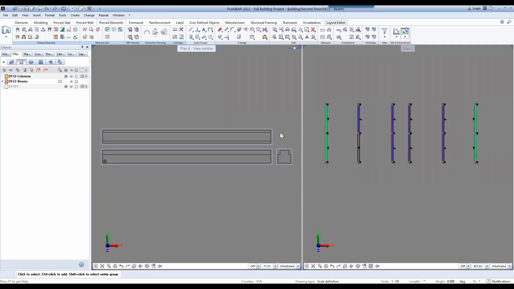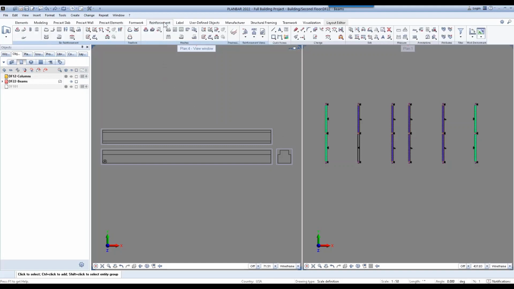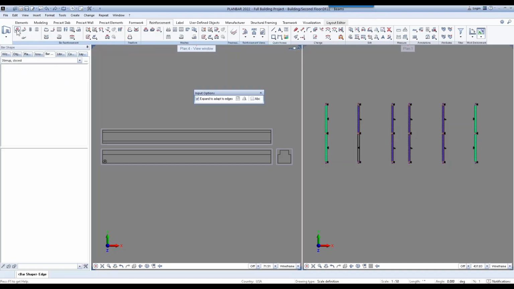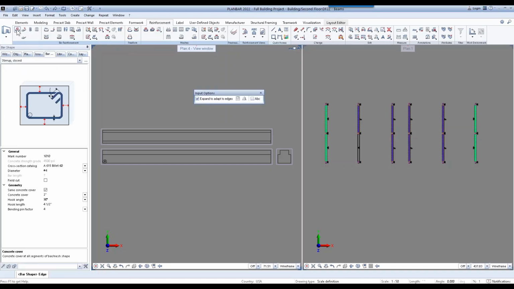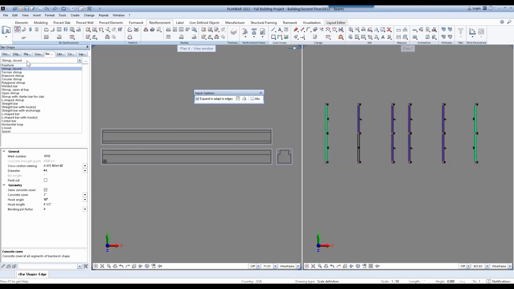All right, so now that we have our views, we can start reinforcing the beam by going to the reinforcement tab and selecting bar shape tool. We'll first need to pick our bar shape that we want to use. And as you can see, we have a multitude of shapes to choose from.